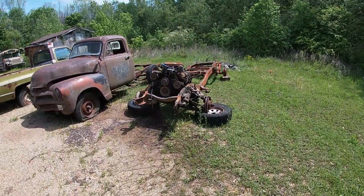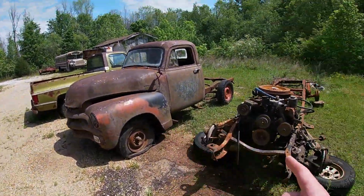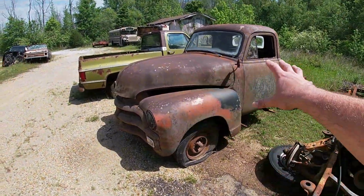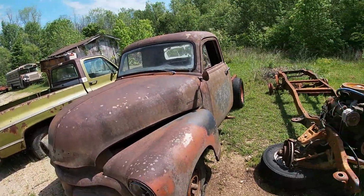Here we have Pops Tina, a project for my dad. That's the motor for it, frame for it. That's the cab and front clip for it. Pops Tina is going to be my next project. So right now, my project that I'm working on is Evergreen, and I need to finish it up. And then when Evergreen is done, my project that's in the rotation that I'm working on for myself is going to be Pops Tina for my dad,